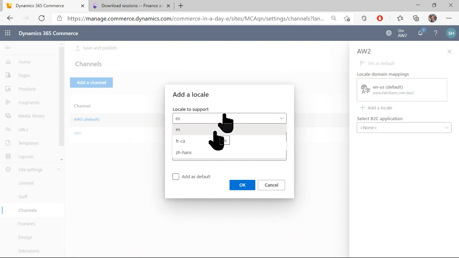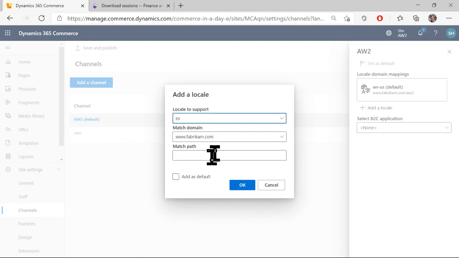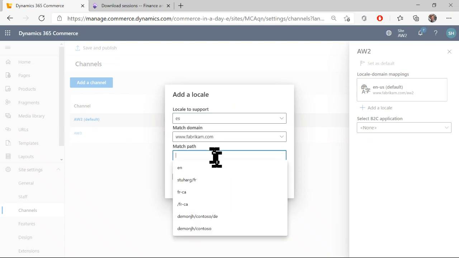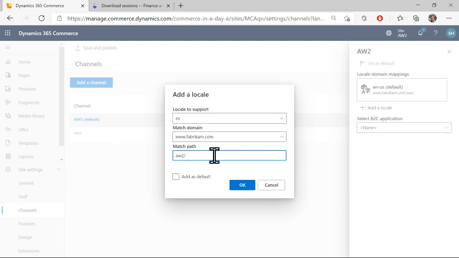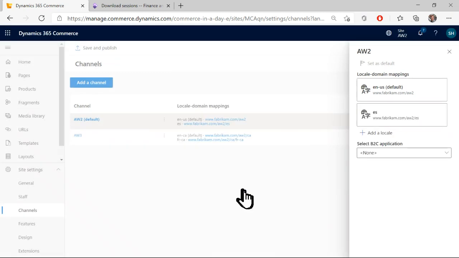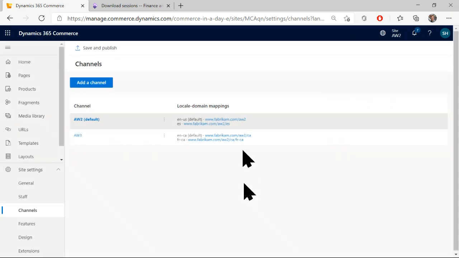So I'm going to add the ES language, Spanish, and then I'm going to create a unique URL for this particular combination of channel and language. I'm going to say this is AW2/ES. And as you can see, I've actually created it right here. One thing I want to point out is that